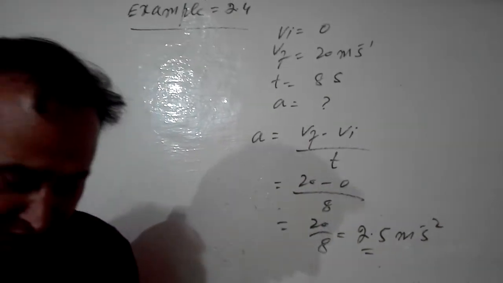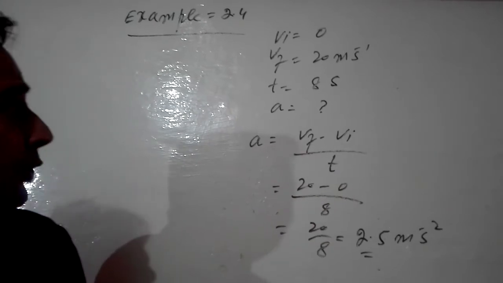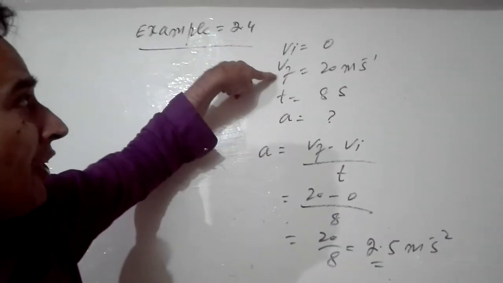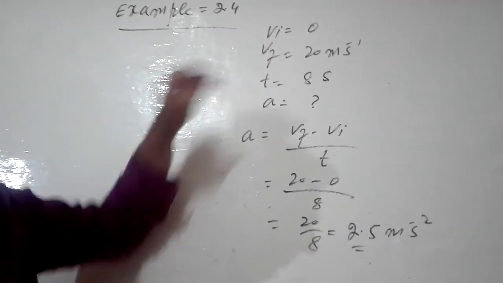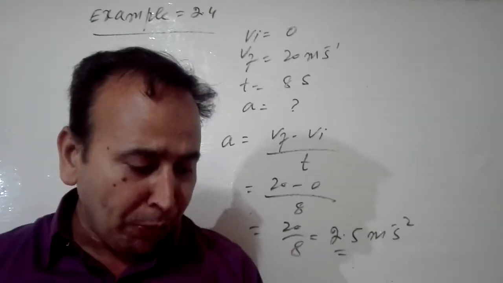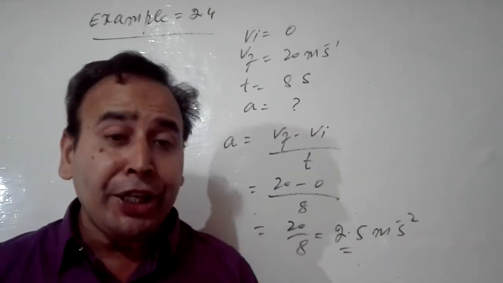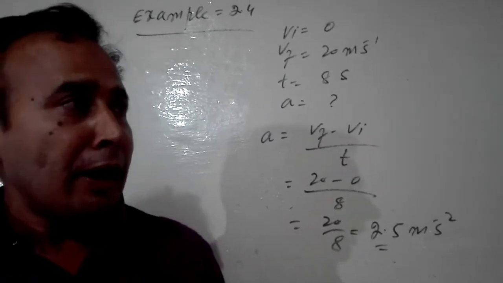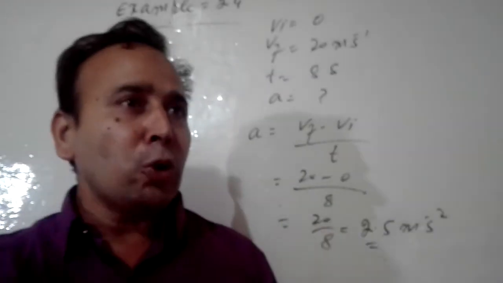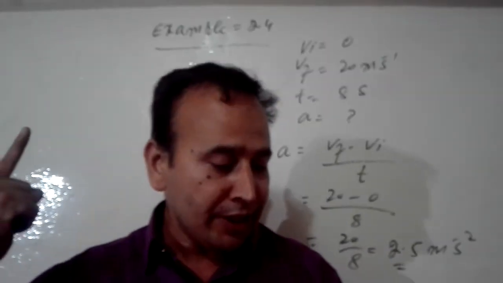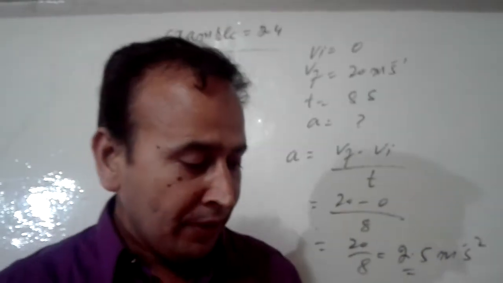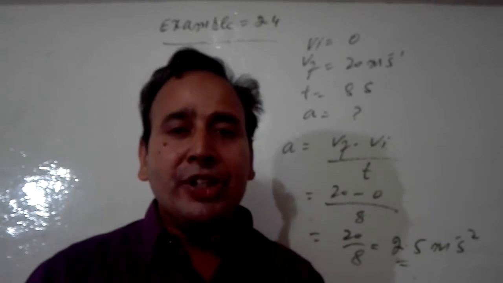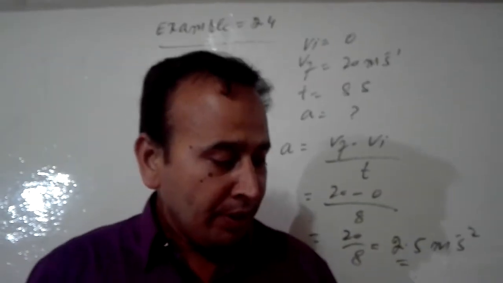Okay. Next I will not solve, because I explained to you these terms: Vi for initial, Vf for final, T for time, A for acceleration. Next is 2.5. Find the retardation. What is meant by retardation? Whenever the word retardation comes, at once your mind goes toward negative acceleration. He is asking us for negative acceleration. And remember that a negative acceleration answer always comes in minus, negative.